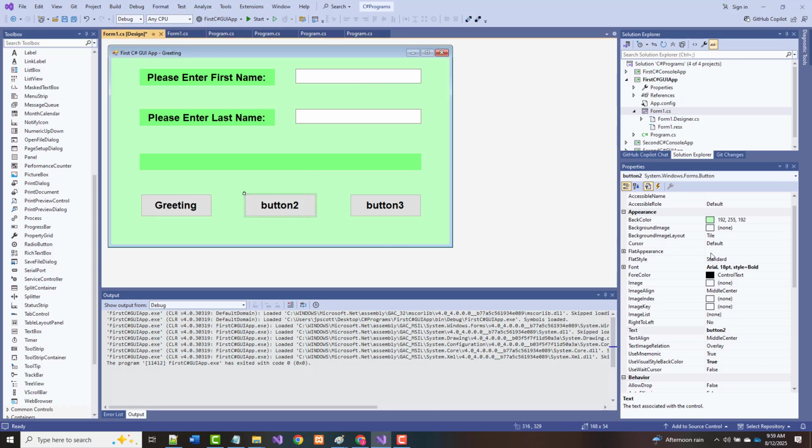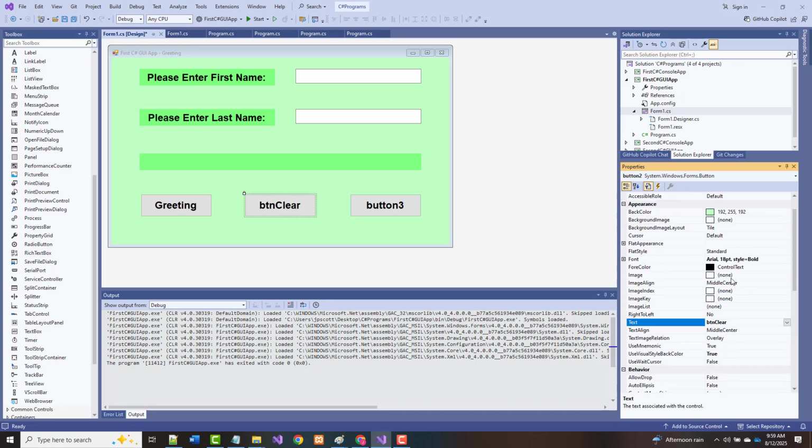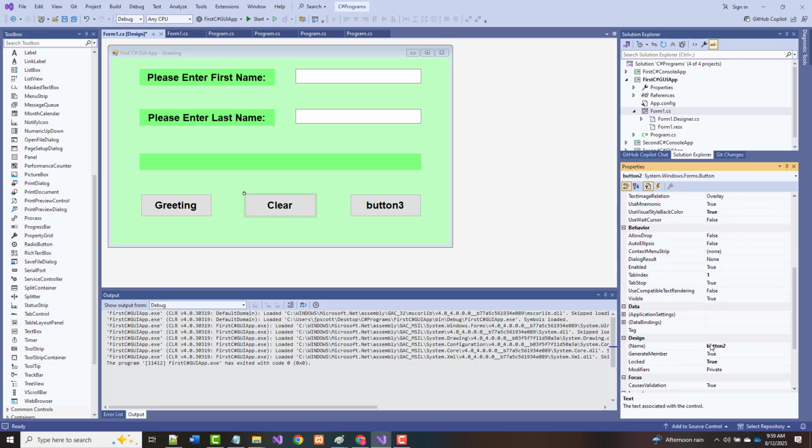Okay? All right, so the second one is going to be just called BTN Clear. And for the text, we'll put clear. And you'll notice I put it in by text instead of by the name. So this should say clear. And for the name, we'll make that BTN clear. Finally, this one will be exit. So I'll make the name of this